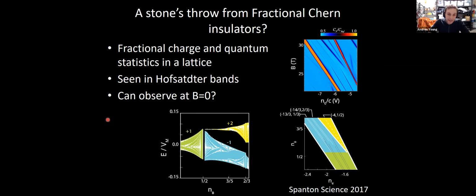Getting that at zero magnetic field is, of course, convenient, but more importantly, in Hofstadter bands, all of this physics is really limited fundamentally by an energy scale, which is the Coulomb energy, which depends on the magnetic field. And there's only so big you can make a magnetic field, and therefore only so small you can make the magnetic length that controls this. Realizing this in a lattice system opens up a lot of new things.